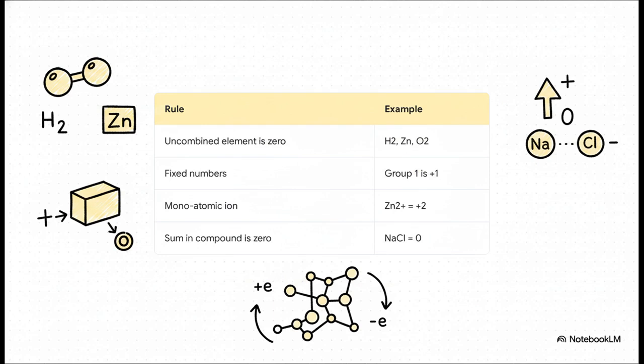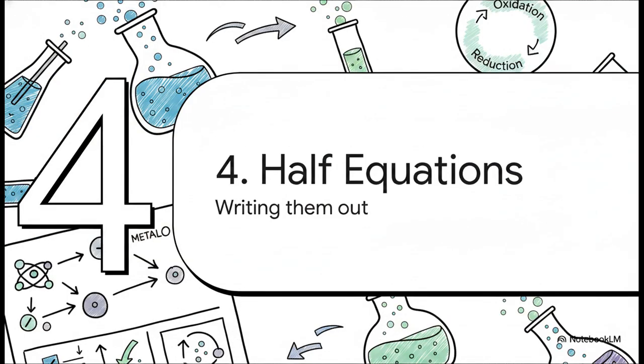Honestly, once you know these rules, you can crack the code of almost any complex molecule to find out what its electrons are up to. Which brings us to part four, writing half equations. Let's head straight to the scene of the crime and see how this all builds into tracking an actual displacement